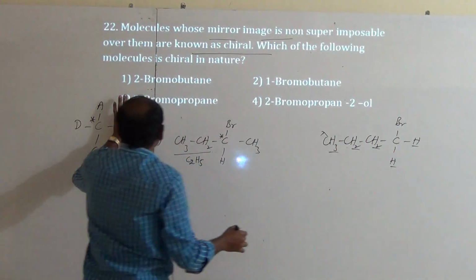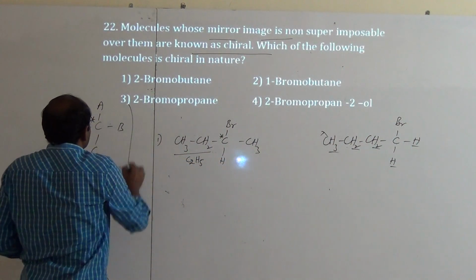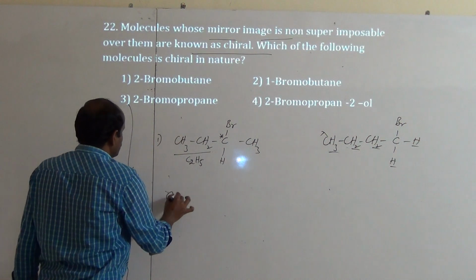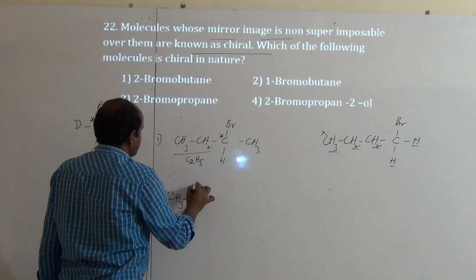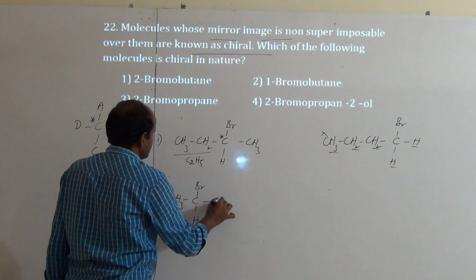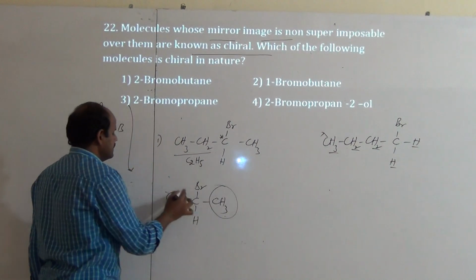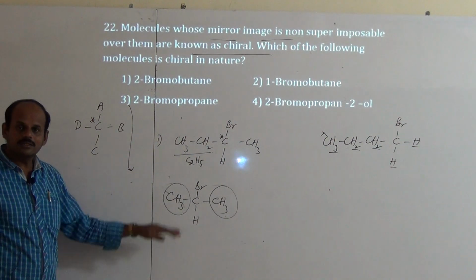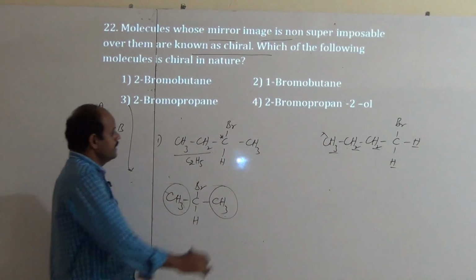If you take the third option, 2-bromopropane. 2-bromopropane means CH3 C Br H CH3. This only, no, CH3 CH3 both are same, hence it is not a chiral carbon. And if you take the fourth one,